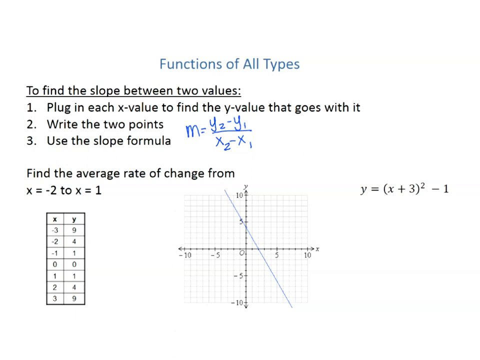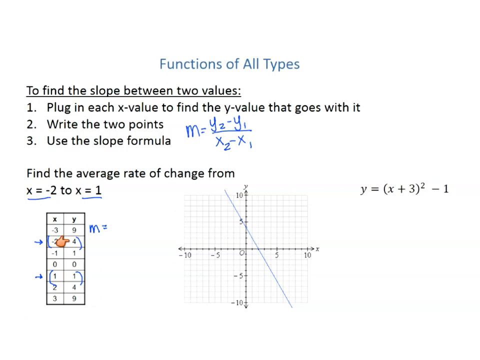And let's look at the first one. We have a table. So where x is -2 to where x is 1. So in my table, I see that x is -2 is right here. So that's my first point. And where x is 1 happens right here. So that's my second point. And now I can do the slope formula. So m equals